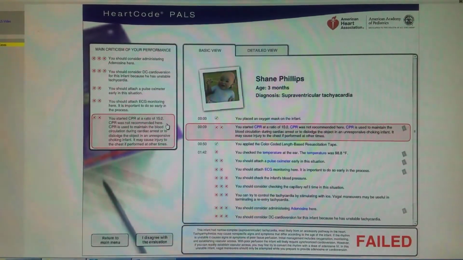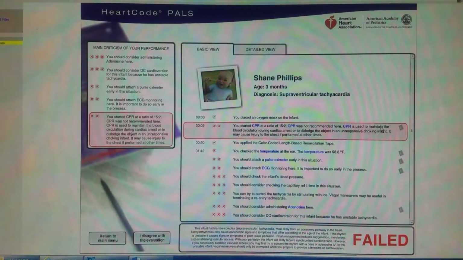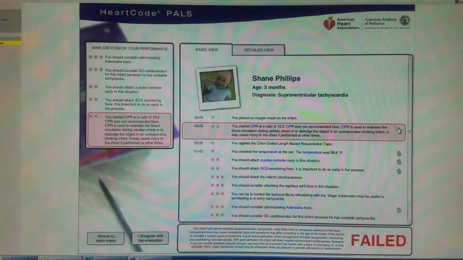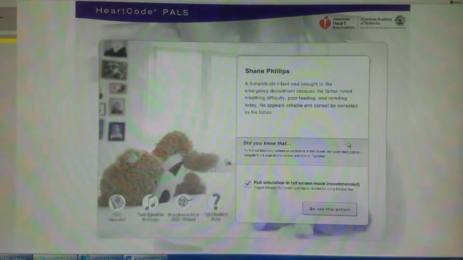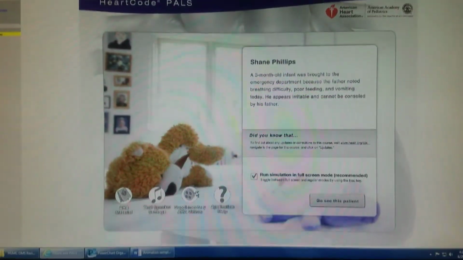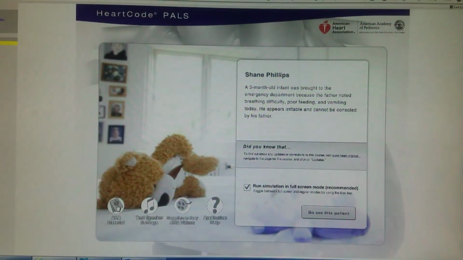If you have trouble passing a specific case, you can consult your PALS provider manual by clicking one of the book links on the right side of the screen. You might also benefit from watching one or more of the AHA PALS videos or one of the extended tutorials, which are all accessible from the program's